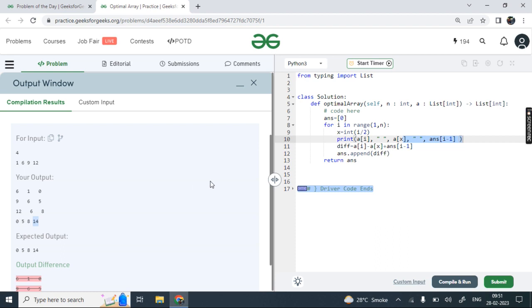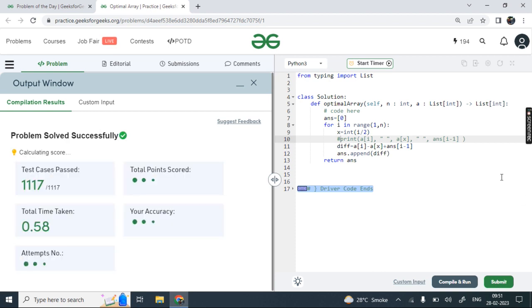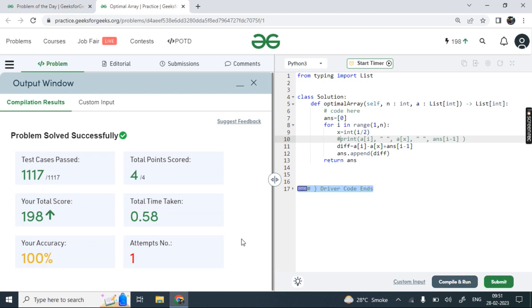Okay, so this is the way this code works. I just wrote the print statement for better understanding only. Let me comment it out, and now let me submit it. Here there are 1000 plus test cases, let's see. We can see all the test cases satisfy fine within the time limit. So this is the solution for today's problem of the day on GeeksforGeeks. So thank you guys for